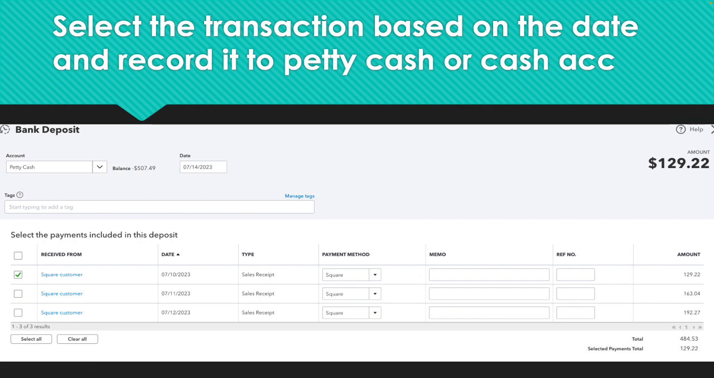And I have another video on how to clear undeposited funds. But the next step is to record this transaction into a petty cash account. There it is. So you're going to select the transaction. You want to make sure you select the transaction. Put the date of the sale, and you're going to send it to petty cash or cash on hand, whatever